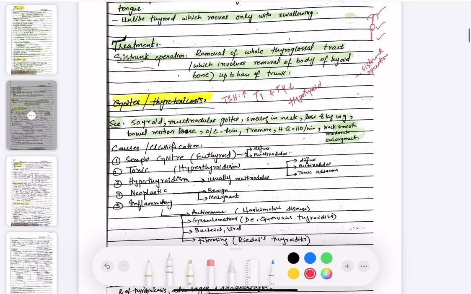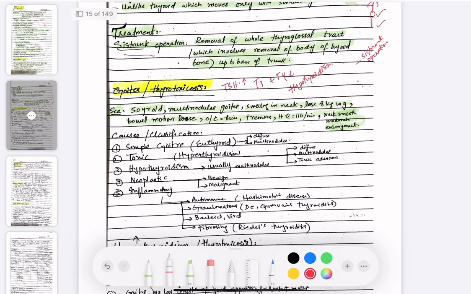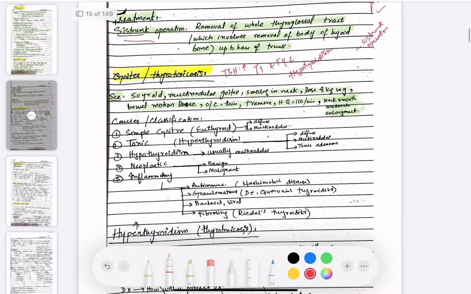Goiter occurs in hyperthyroidism, and these are the clinical features: tremors, increased heart rate, thin and febrile, neck smooth with moderate enlargement, and weight loss. Okay, so the causes or classification of the goiter is that it is simple goiter, it is euthyroid, and it